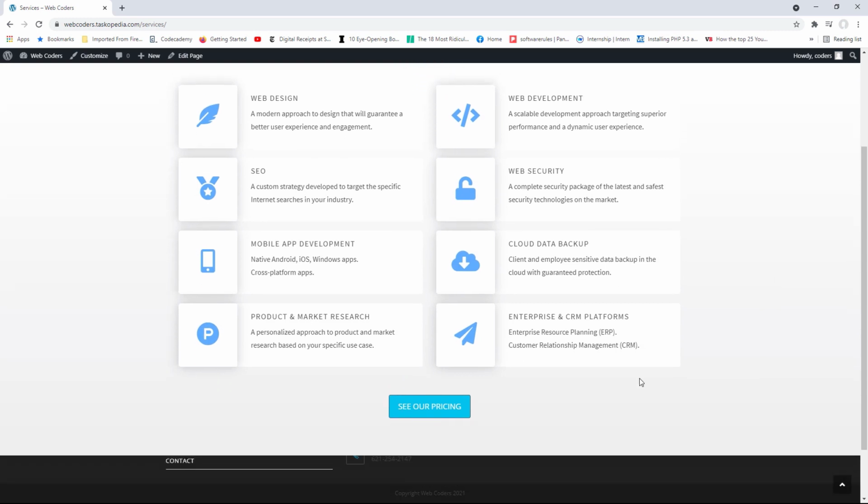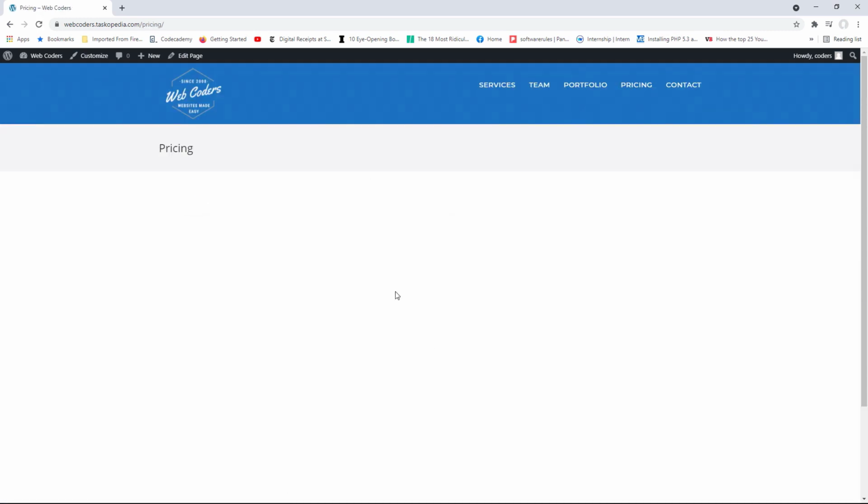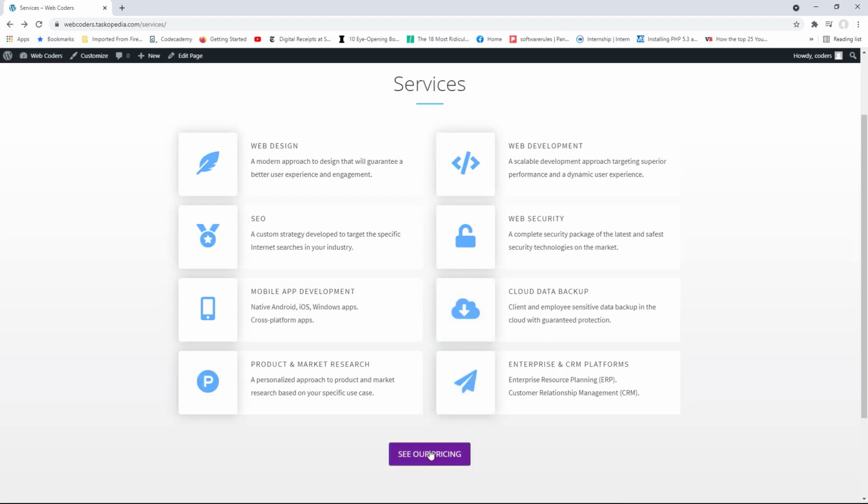And voila, you click on see our pricing, and of course it goes to the pricing page. And oops, we forgot to make one change, and that is the hover effect on the button. Let's quickly change that real quick. Let's go back,